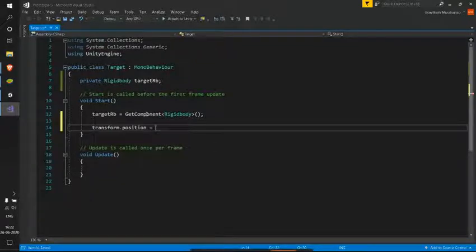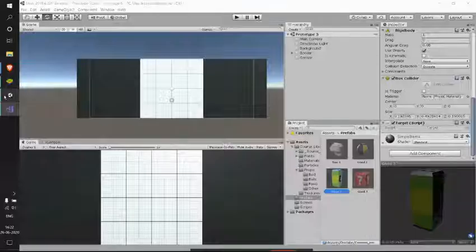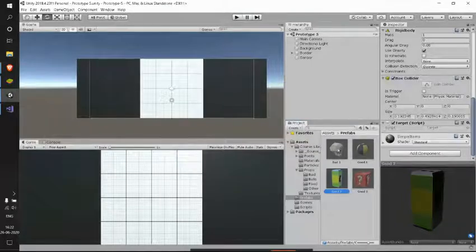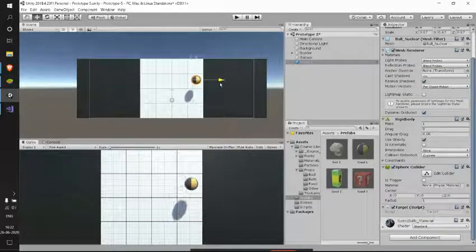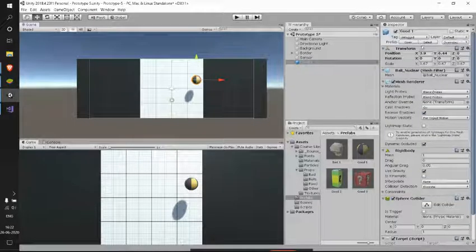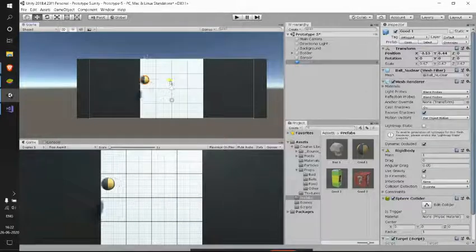So transform.position, I am setting this to new Vector3 of... I need my x to be, let me check that. So I'm using, yeah. Now see, let me see the edges. See here, my x is 3.9, so I can give this +4. In reverse also, let me have that as -4.